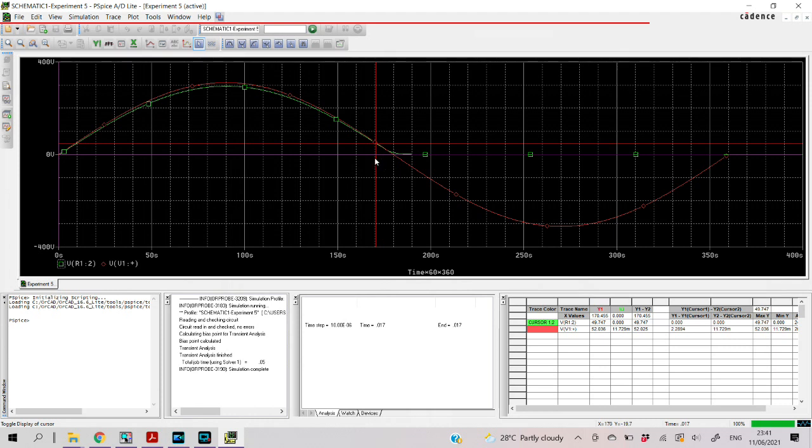So let's see. So you can see the VO max is 50.846 and its VO mean is